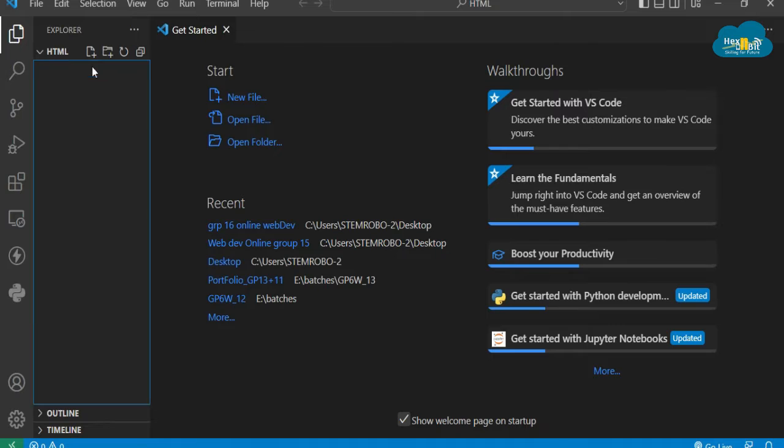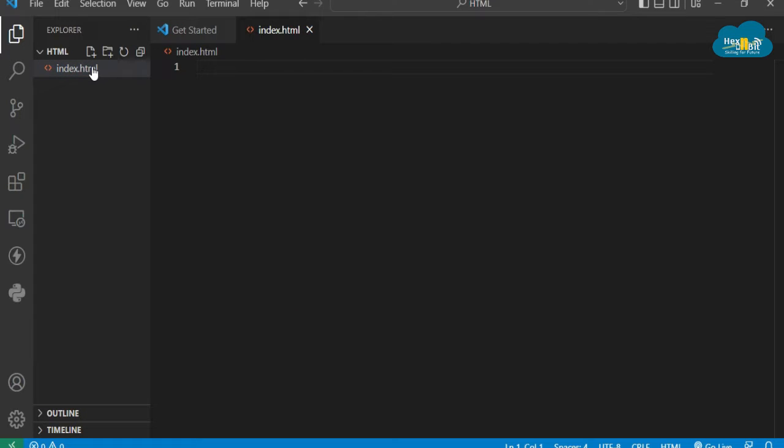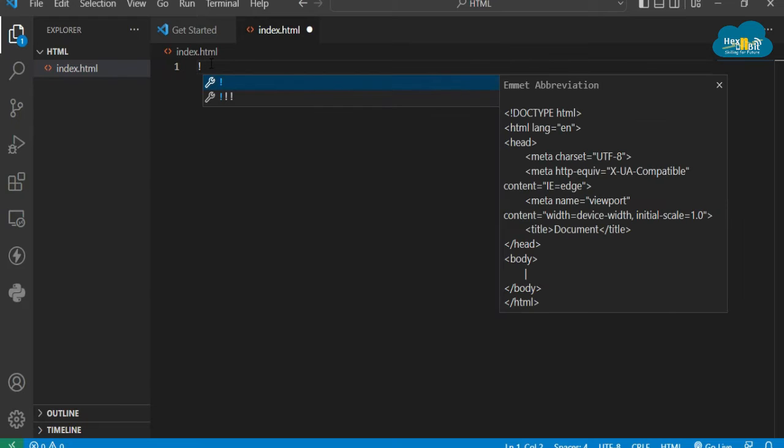index.html। ओके, फिर एक बॉयलर प्लेट जनरेट कर लेता हूँ, Shift+1, प्रेस एंटर।